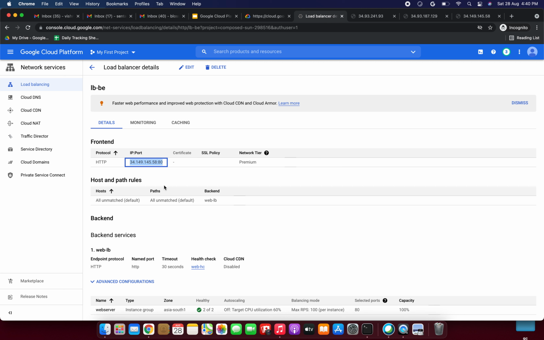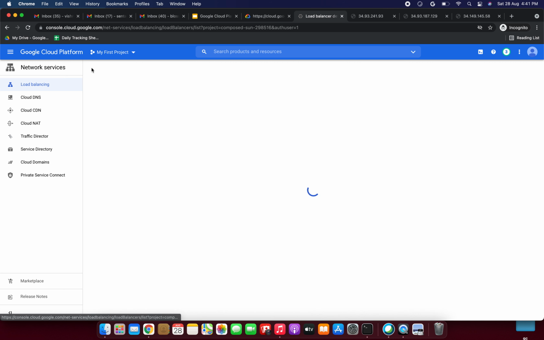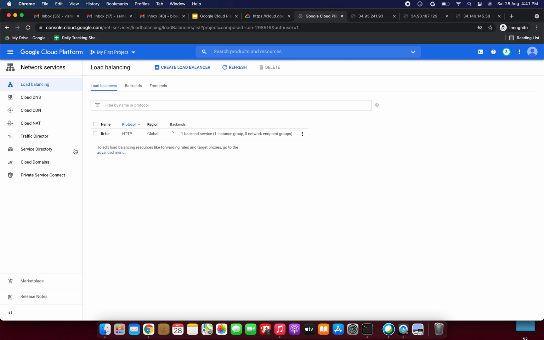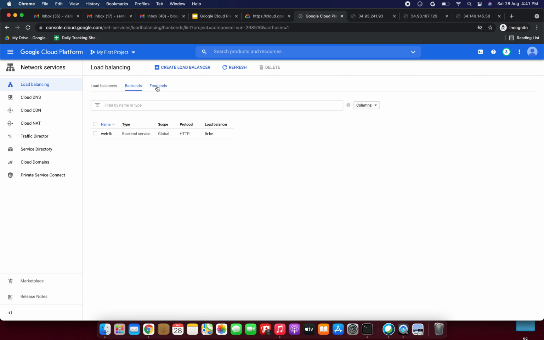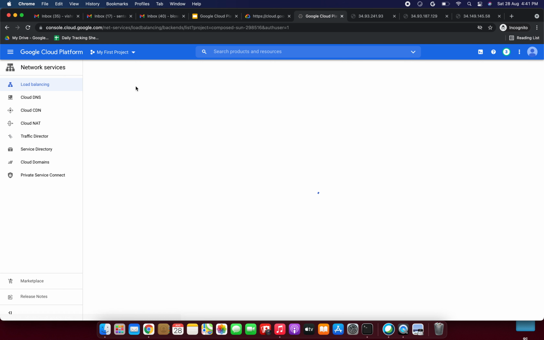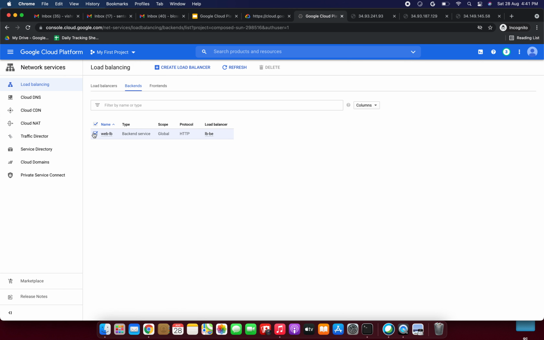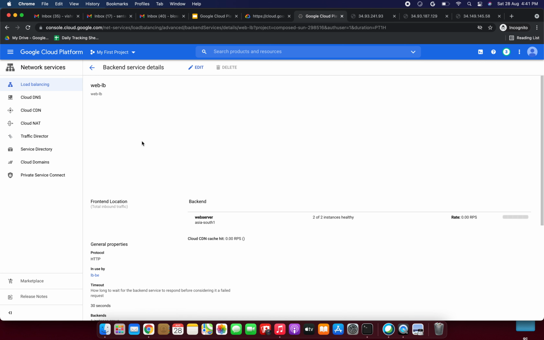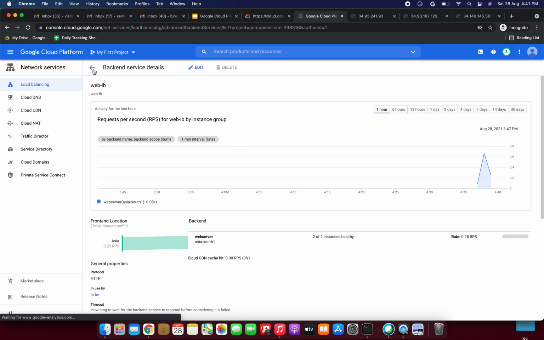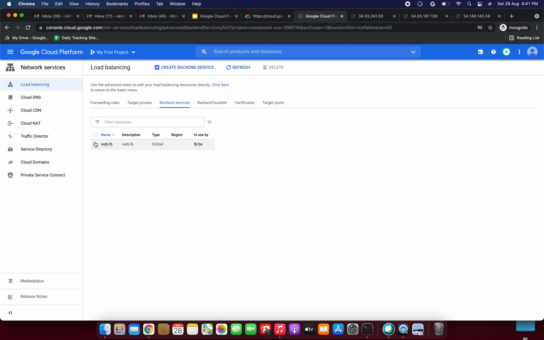Now we are going to delete the load balancer. So how to delete the load balancer? Before deleting the load balancer, we would delete each and everything, the front end, but we don't have the option, sorry. Okay, what I'm going to do is directly delete this load balancer.